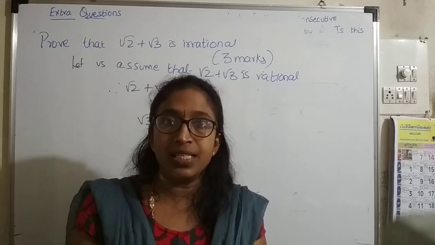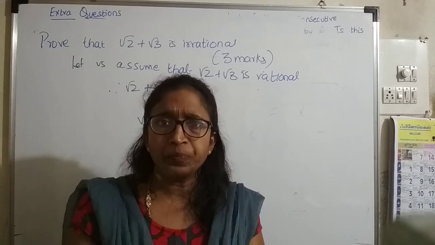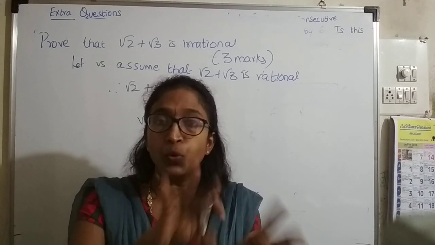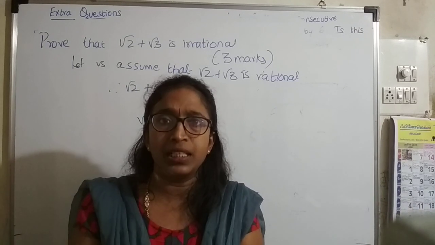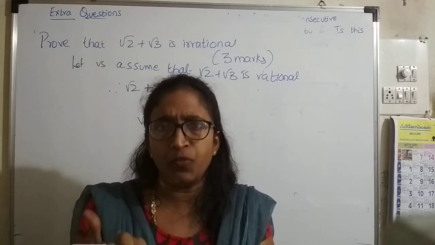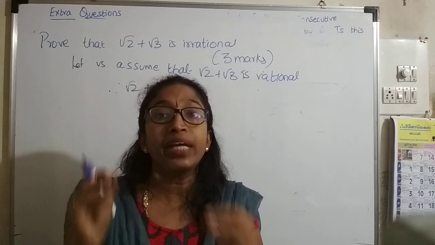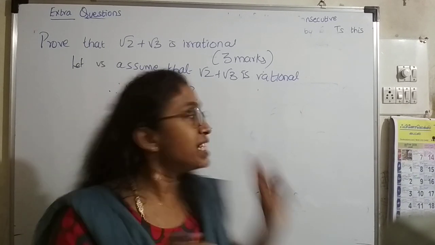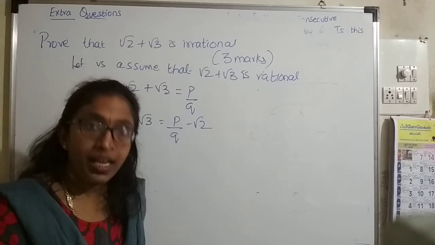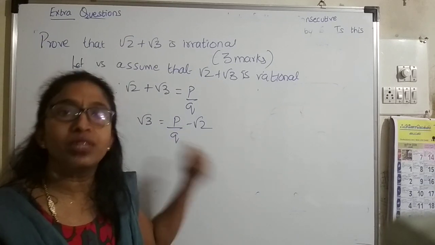So our aim in this case is to prove that root 2 plus root 3 is irrational, right? But we know the fact that root 2 and root 3 are irrational. Now two irrational numbers are getting confused, right? So you just see that you get rid of one root sign and only one root sign is there, since we have root on both the sides, right?